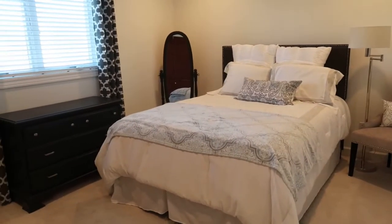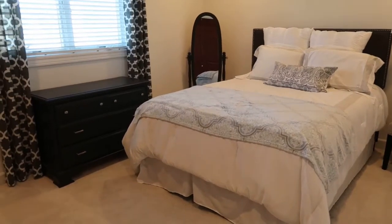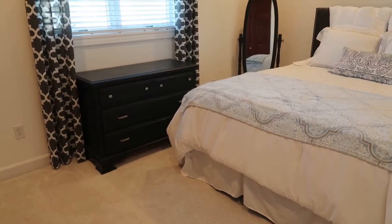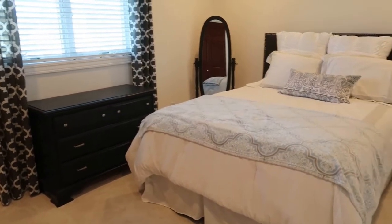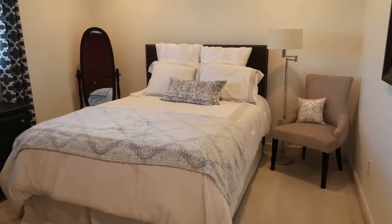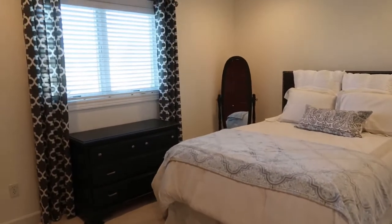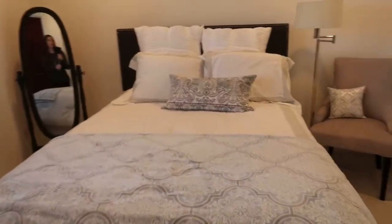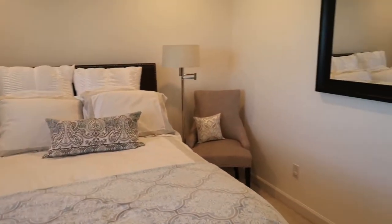Right now, basics, just a dresser. I actually chalk painted that and sealed it a couple of years ago to give it new life, as well as the mirror and an inexpensive headboard. So this is what the room looks like now, which, having kind of a basic room, is nice because I don't have a lot that I have to undo